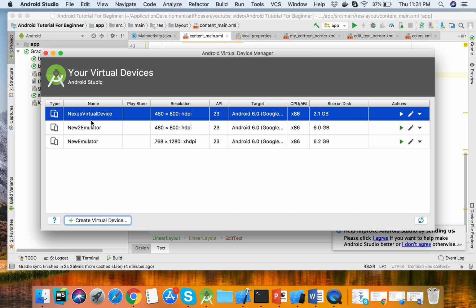So our emulator is also created. Here is the Nexus virtual device, resolution 480 by 800 and API level 23, and target